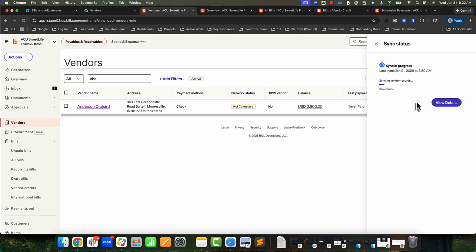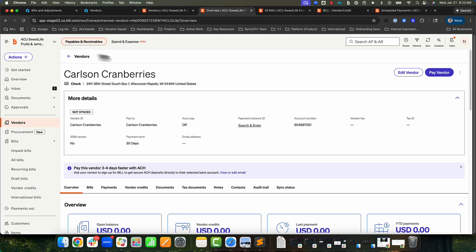While this sync is running, you can see that it's looking for all bill records and vendor credit records that have not synced between the two systems, and it's going to create that integration, as well as any payment records that need to sync over. So I can see that I have 13 successes in that sync, and I'm going to double check that everything came over. So on Carlson Cranberries,